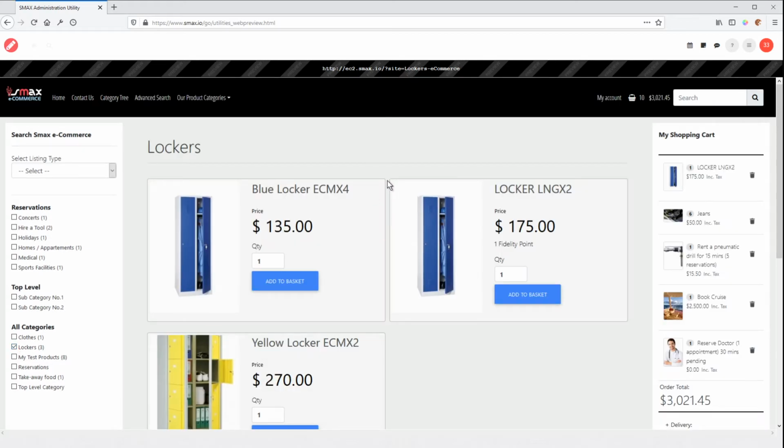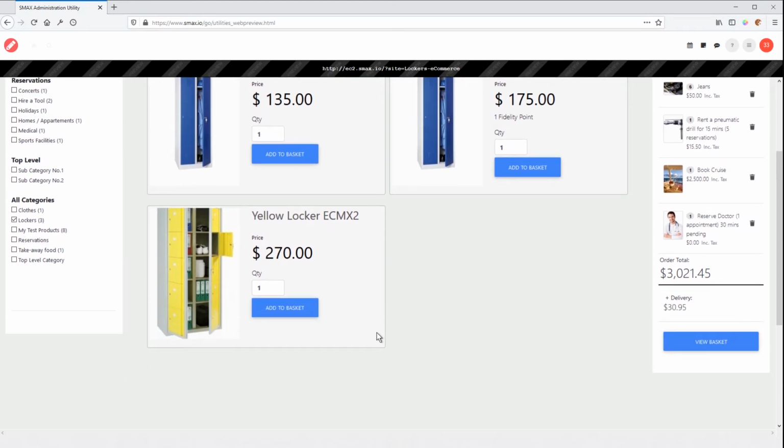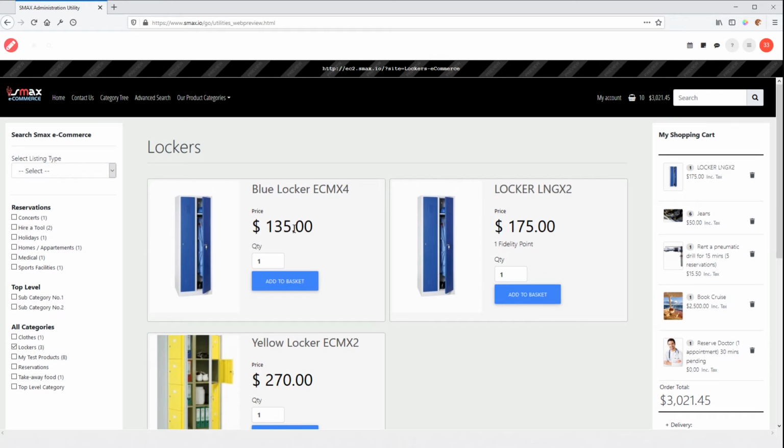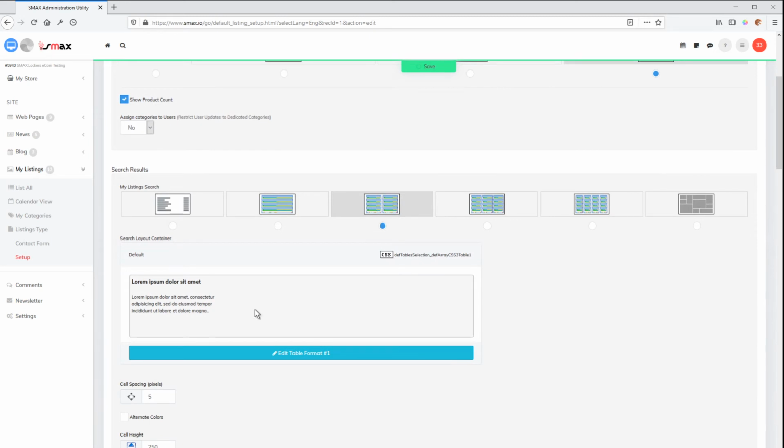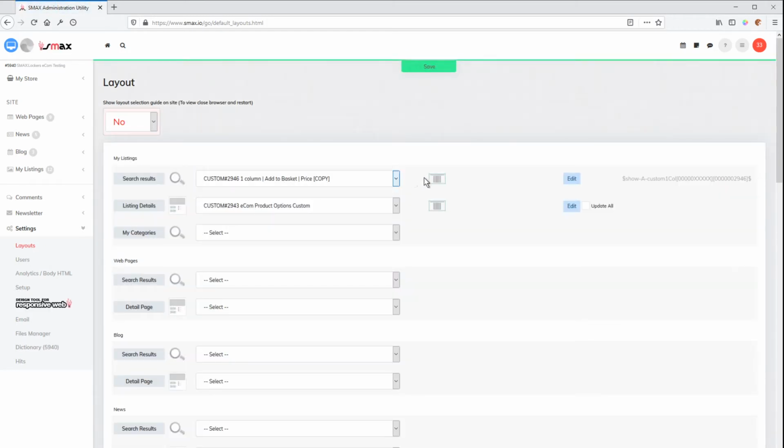Now we've got a smaller gap between items. So that's quite nice as well. Okay, so what we have here is a container of data. But also it's very, very nice with SMAX system. We also have a quick container we can manage, which is called Search Layout Container. So not only are we working with layouts, which is this item here,